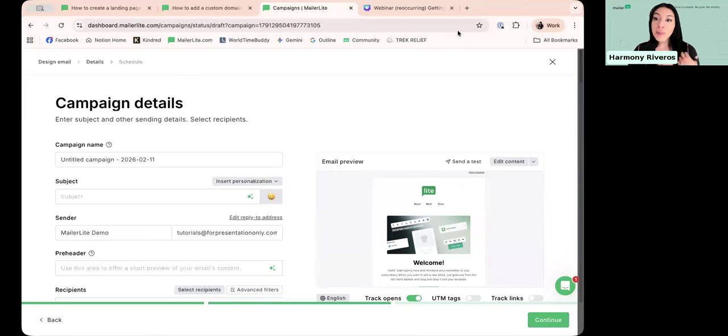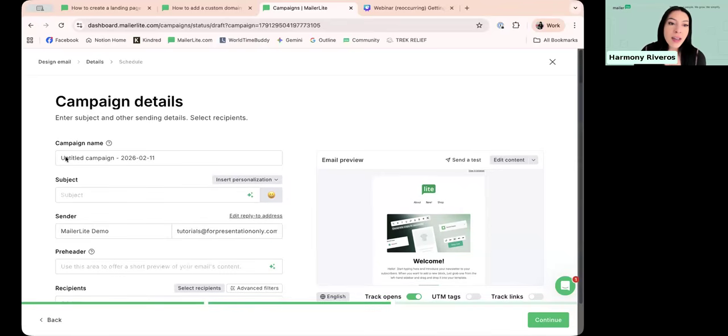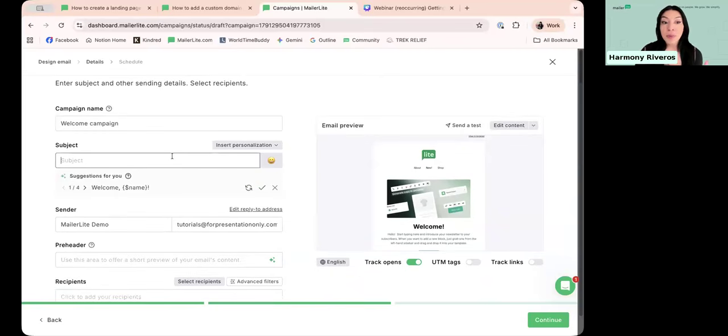These are where you set the campaign details. So now we get to talk about things like name, subject, and sender. The campaign name is internal, so it's not something that your subscribers will see. It's meant for organization. So if this is one of the first campaigns I'm sending, I might just put welcome campaign, so I know that's what it is. But then the subject is, of course, what they will see. So here we do have some AI suggestions, but you can see we can also just add